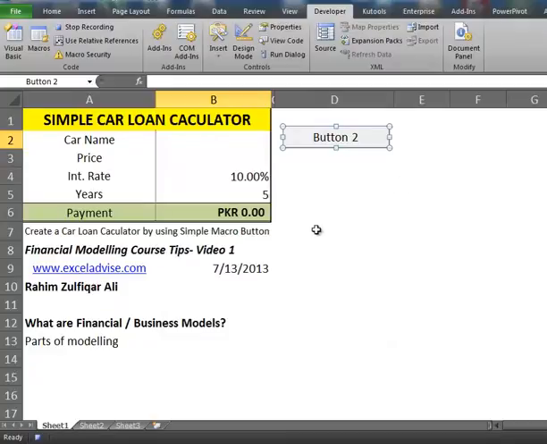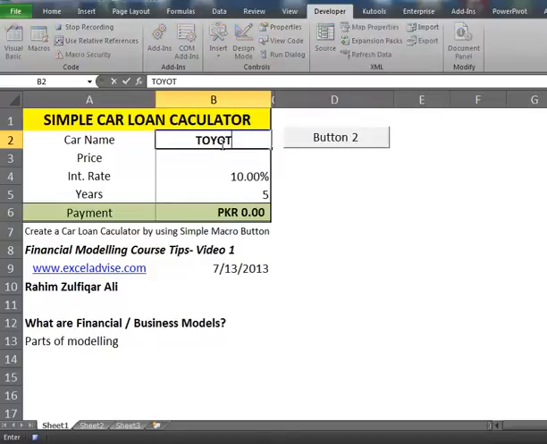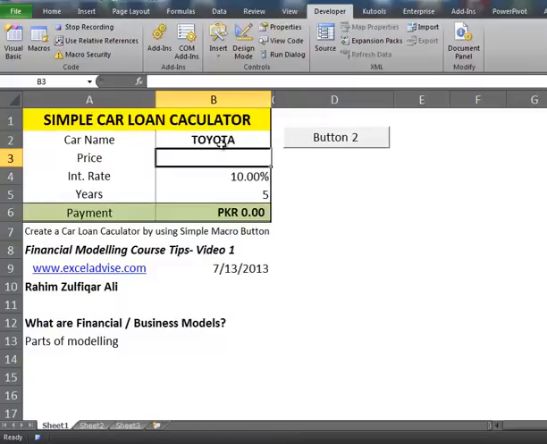Now the macro has started recording, and you can see there is a little blue square button on the bar below. It means that the macro is still active and recording for you. We will go to B2 and type the name of our car, Toyota, and we have a set, fixed price for it, that is 1.5 million.